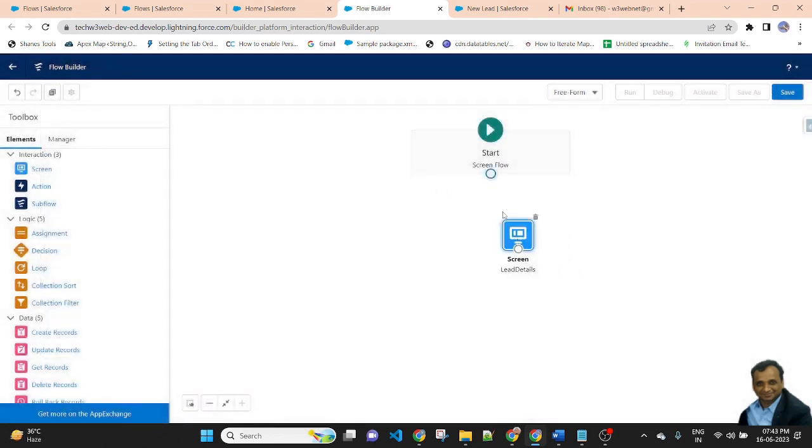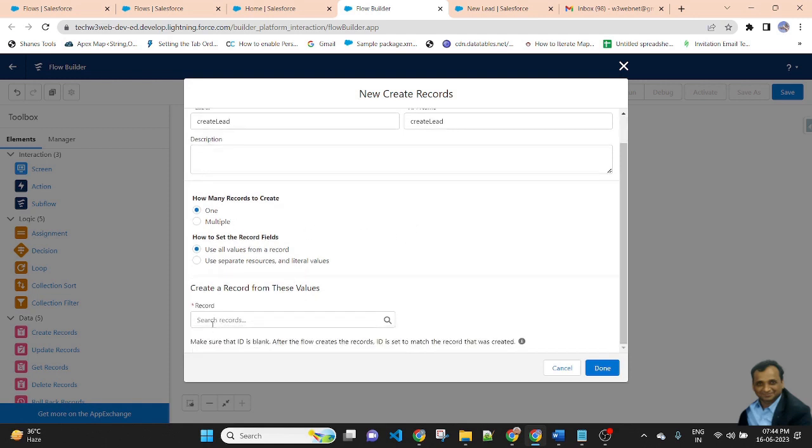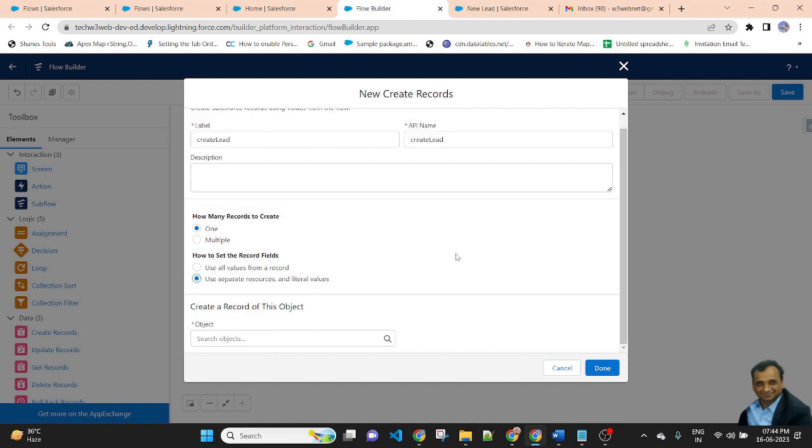So I have created a screen, then I create a record of lead. There is a Create Records element, select it and drag and drop it. Name it create lead. I am creating one record, so selecting one. Select use separate resources and literal values.